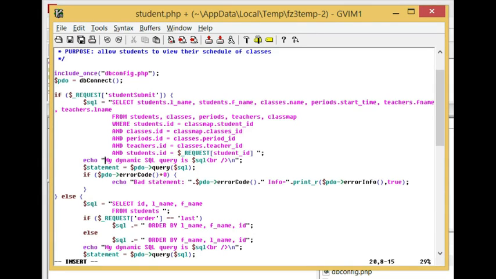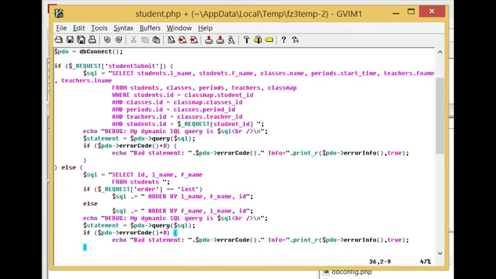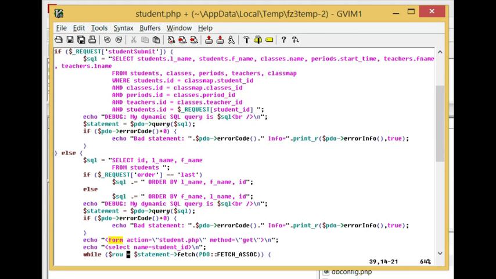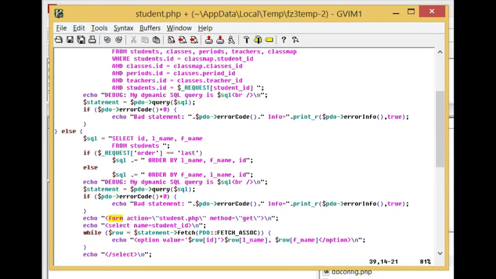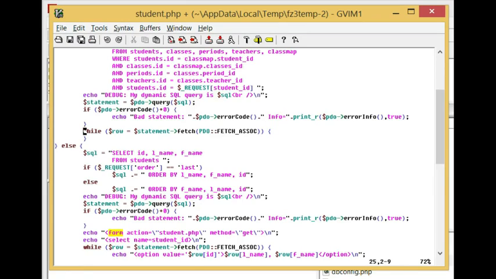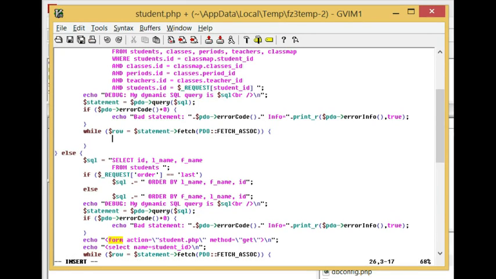So that's just a debug statement. Better to put a debug in front of it just to be clear. So I've got a debug statement there, and then I do my actual query, and then I check my error code, and then I have a while statement here to run through all of my values here. While row equals statement fetch, do what? Do this. Let's go ahead and echo,